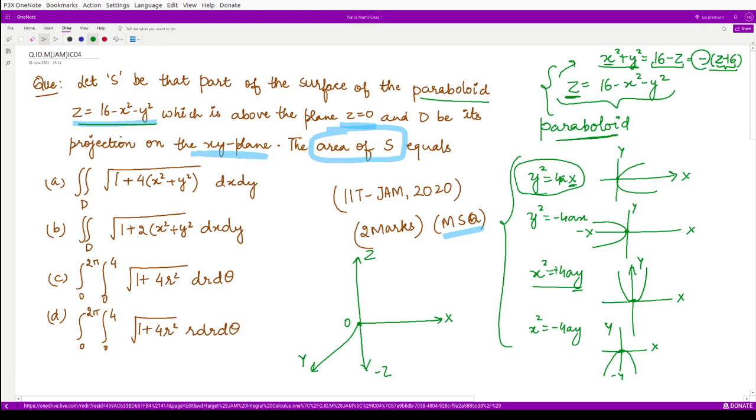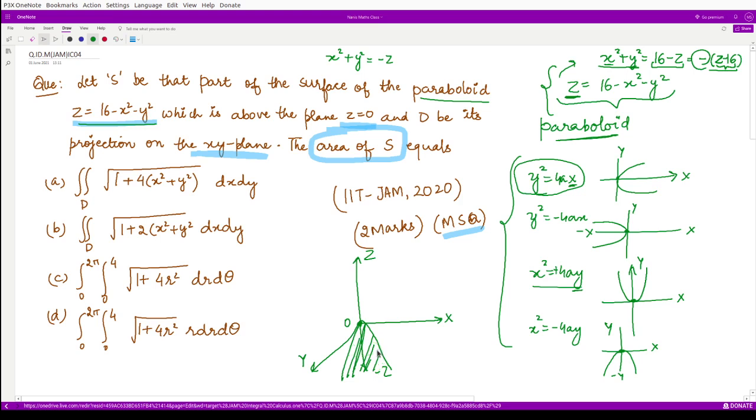So if your equation had been x square plus y square is equal to minus z, it would simply be a paraboloid which is starting from origin and facing the downward direction in the direction of z. So this would be some surface of the paraboloid. So you could assume it in this direction, right? So this would be a 3D structure. But now this whole thing is shifted 16 units in the positive z direction. Minus 16 means we are shifting it towards the positive z direction. So we are translating this thing.